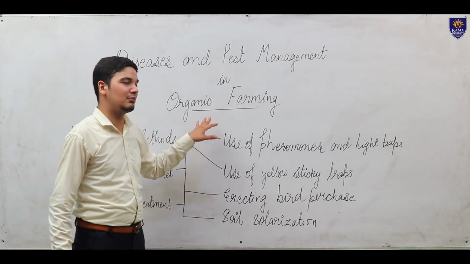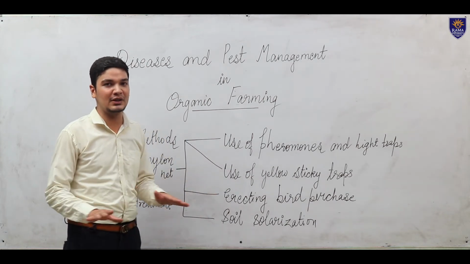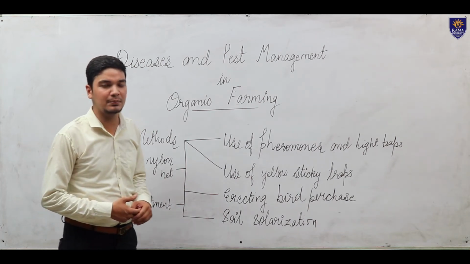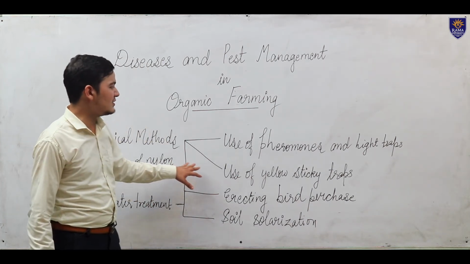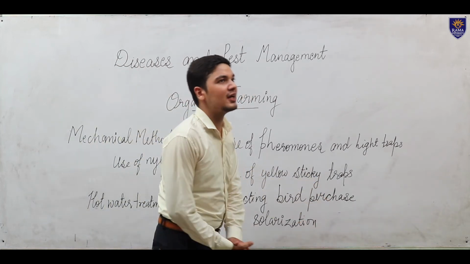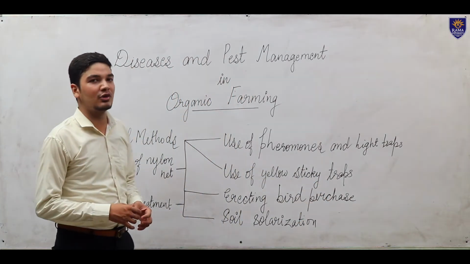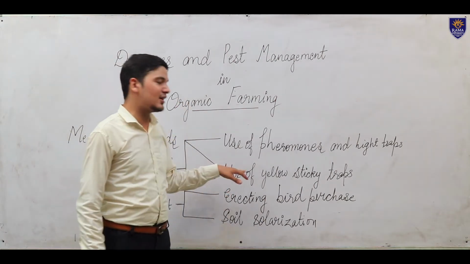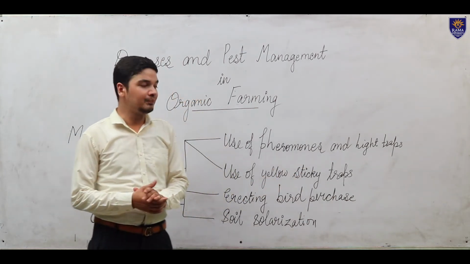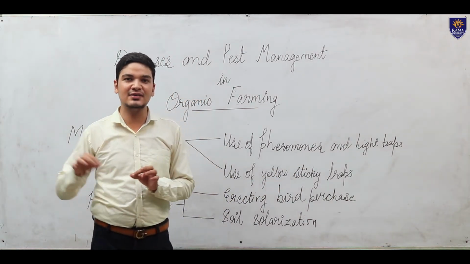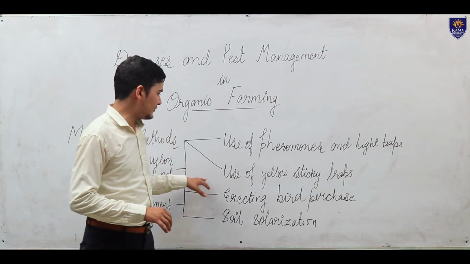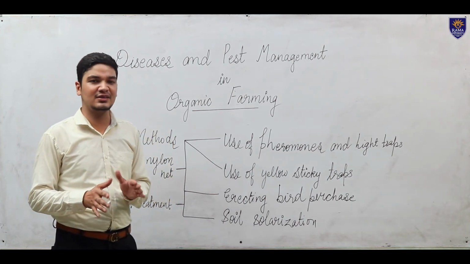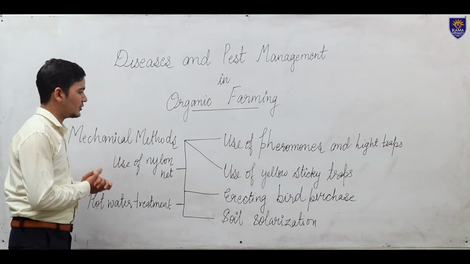So in organic farming it is important that we properly check all entries of synthetically compounded pesticides in our field. And the second one is the use of yellow sticky traps. You might have heard that aphids are usually attracted toward the yellow color of the flowers found in the mustard field. These yellow sticky traps are basically yellow sticky papers which are installed in the field, and the aphids are attracted toward that yellow color, and whenever they sit on it, they are easily trapped on the paper.